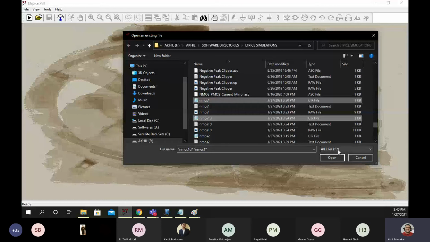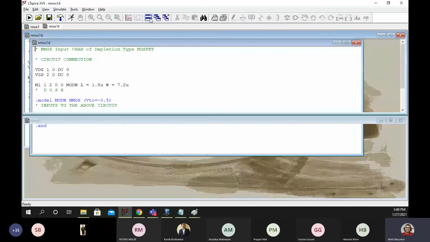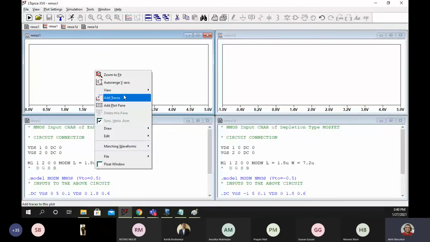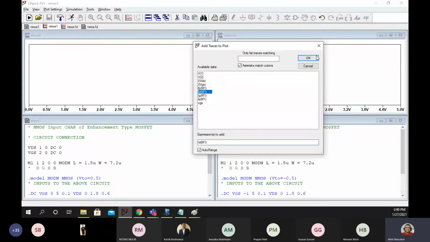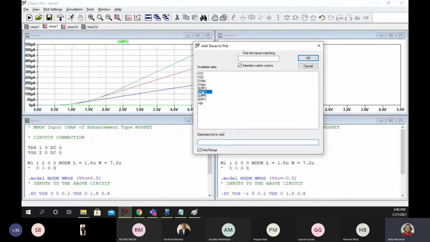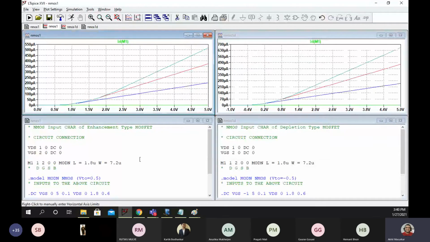I'll open the NMOS 1, NMOS 2, 1 depletion, tile it, just run, and this also you run, and add trace and say ID M1, add trace and say ID M1. Okay. Now here in both places we are having input characteristics.